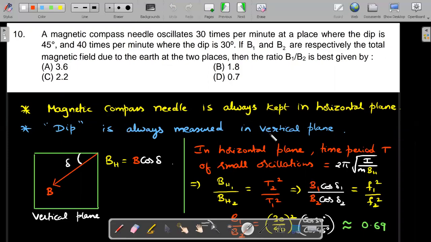So these two, how are they related? Come to the vertical plane, and in any vertical plane at a place, the magnetic field actually dips down. That's why this angle is called dip. So this direction is horizontal and this direction is the vertical. So if the B net,